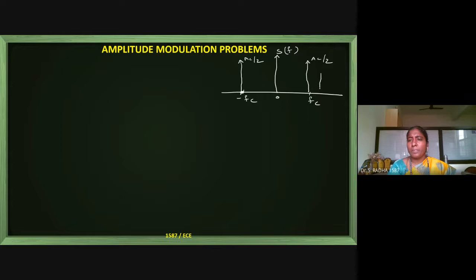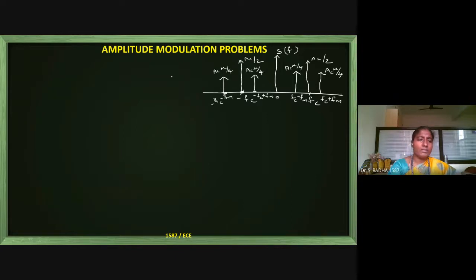And plus Fc plus Fm, okay, Fc plus Fm, then Fc minus Fm. We had again pillars, which are Ac mu by 4, Ac mu by 4, and on the left side also similarly, this is minus Fc plus Fm, and on the left side it is minus Fc minus Fm, and the pillars are Ac mu by 4 and then Ac mu by 4.